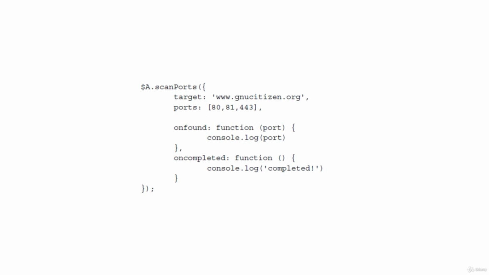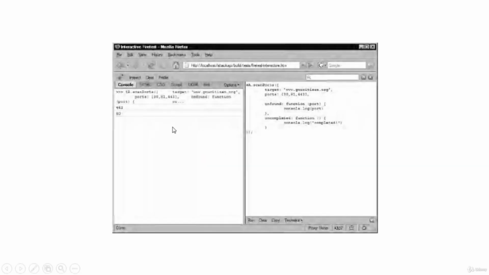Like every other well-planned network attack, we are going to perform a port scan. This is the example. This figure shows the port scan result as seen from our browser. You can see that the browser correctly identified ports 80 and 443 as open and port 81 as closed.